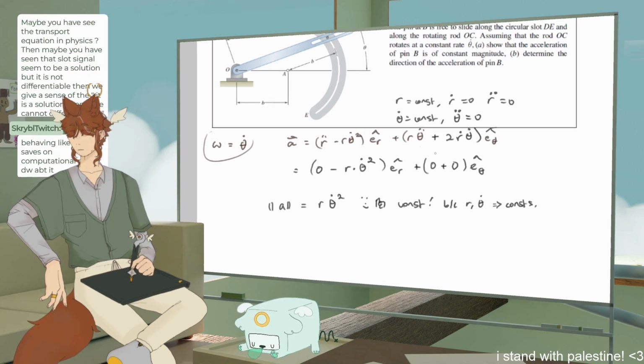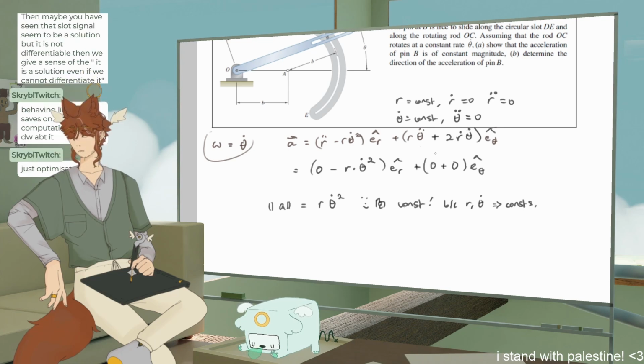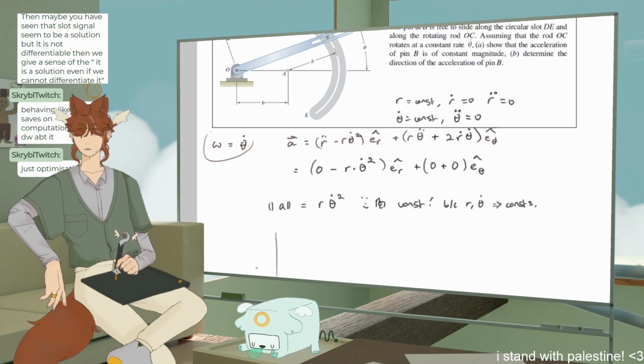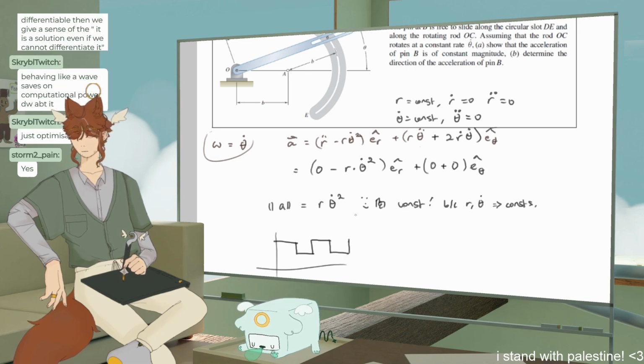Maybe you've seen the transport equation in physics. Then maybe you've seen that a signal seems to be a solution but is not differentiable. Then we give the sense of it is a solution even if we cannot differentiate it. Oh, I don't know if this is what you're talking about, but is it like the step functions? Like these kind of functions? Because these would be non-differentiable, I feel like. Behaving like a wave saves on computational power, don't worry about it. Huh, that's fascinating. So how do you get something out of this? Do you have to visually do it and then just be like, oh well, it's not differentiable, but